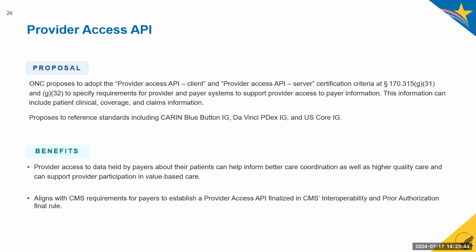So we also propose a provider access API, which is focused on two different criteria that would ensure that both payers have technology available that they could use to make information available to healthcare providers, and that healthcare providers have certified health IT available that they can use in order to receive that information, including patient clinical coverage and claims information. And this proposal again references the CARIN Blue Button IG, the Da Vinci PDEX IG, and the previously adopted US Core IG. And benefits here include the ability for providers to